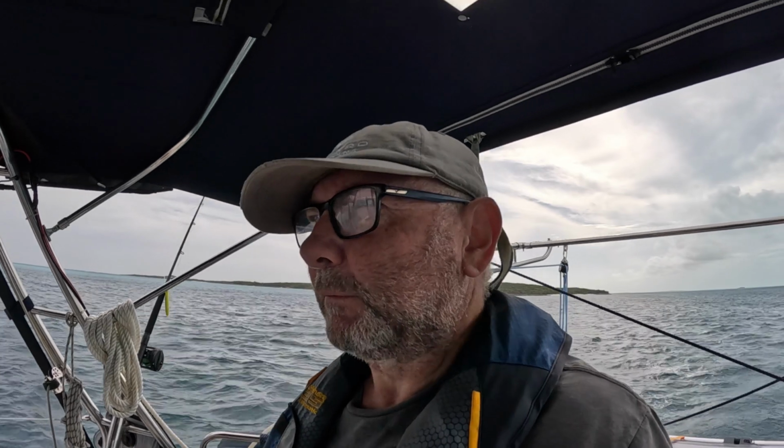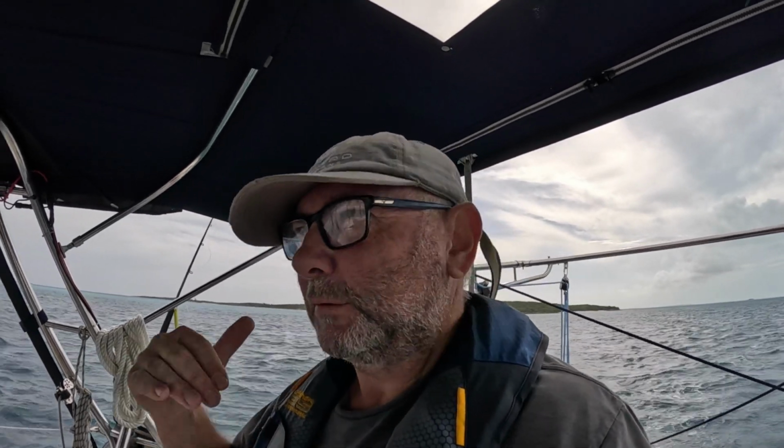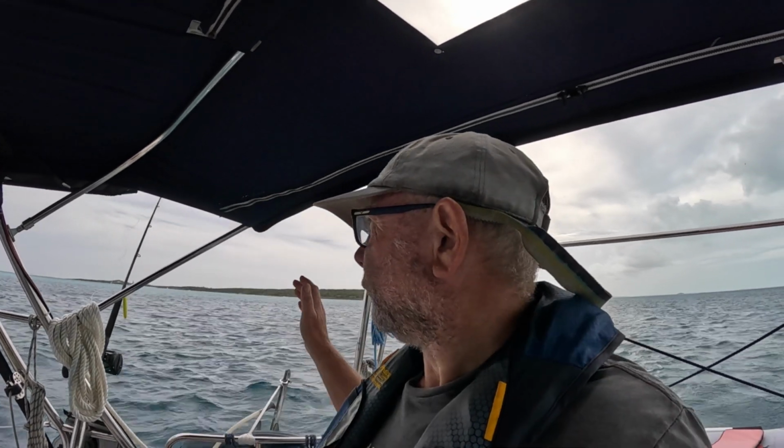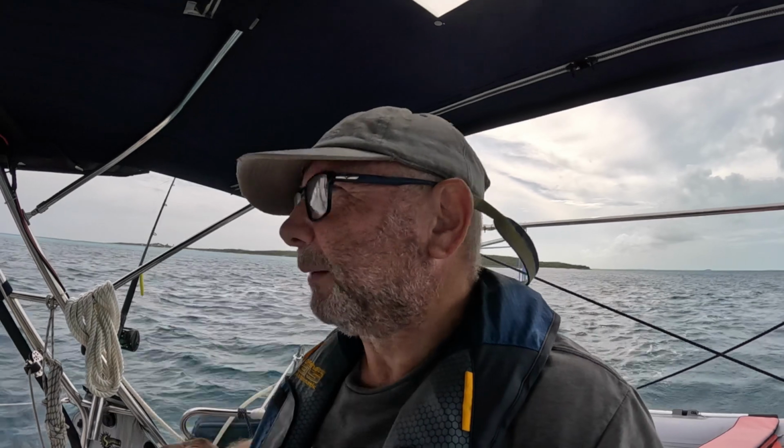It's still out of the south, but it's dropped down a little bit. It's been kind of 20-25 knots over the last few days. It's dropped down a bit today, and it's supposed to drop down further this evening. I had hoped that one forecast shows it swinging around and it would have been calmer and I could have stopped. And this is Lee Stocking Island behind me, and I had hoped to spend a bit of time looking around this area, but